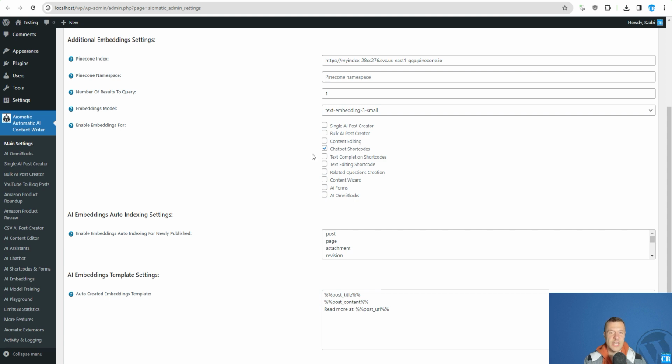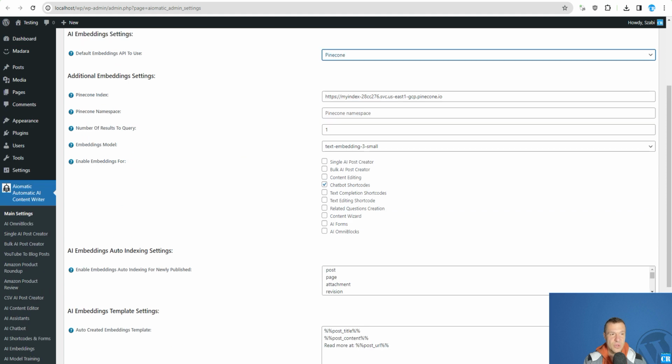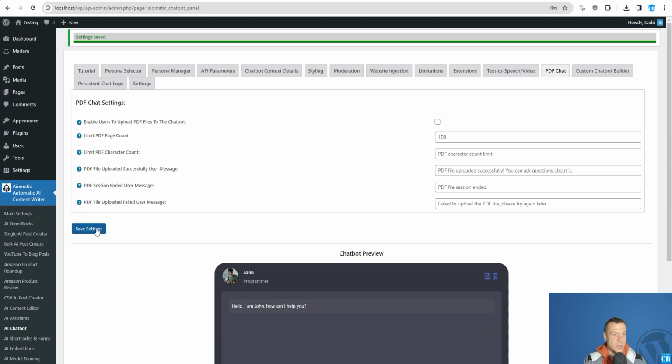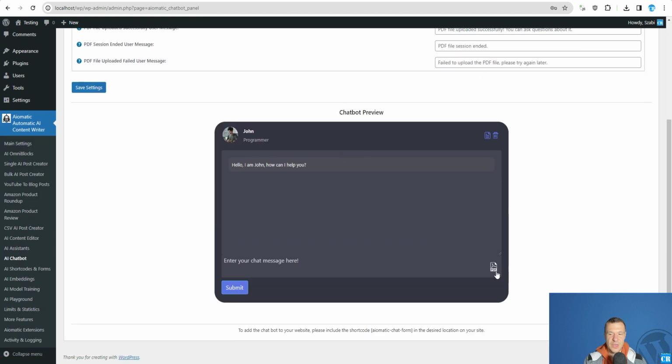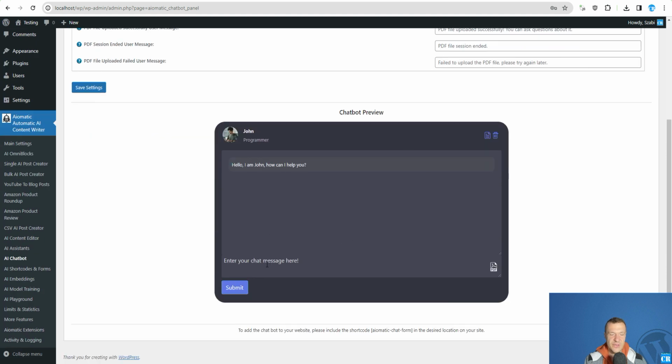So be sure to check this, set up embeddings, and afterwards you are ready to go back to the AI chatbot menu, go to the PDF chat tab, and click the checkbox to enable users to upload PDF files to the chatbot. After you've done this, you will see a new icon appear in the chatbot interface. If you click this icon, you will be able to upload your PDF files